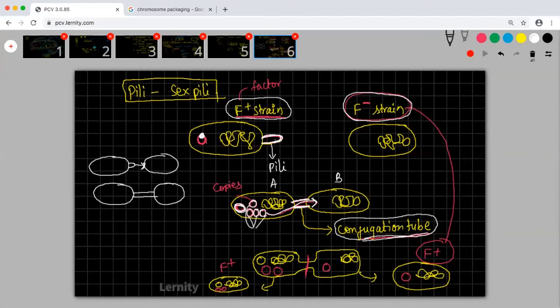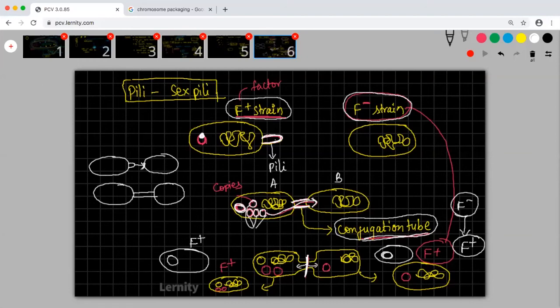Okay. And then after this has moved, it is detaching, which means this cell will go separate, this cell will go separate. That conjugation tube is broken. After that, this bacteria is also having that penicillin resistance. This bacteria is also having the penicillin resistance. So this was initially F plus. This was initially F minus. But now this F minus has been converted into F plus. So that is what is called as conjugation. Are you guys understanding?